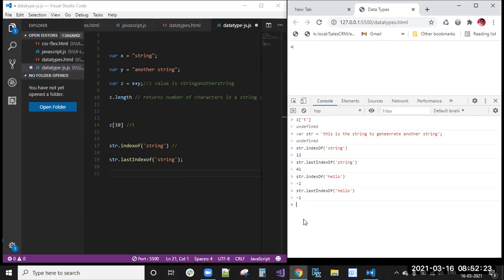And the search method. We have one more method, the search method. It specifies a value, meaning in which position the string exists. Similarly, we will take string dot search. String dot search of. Similarly, we will give string. Otherwise, we'll give is.